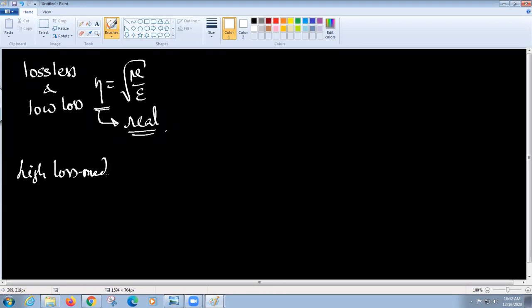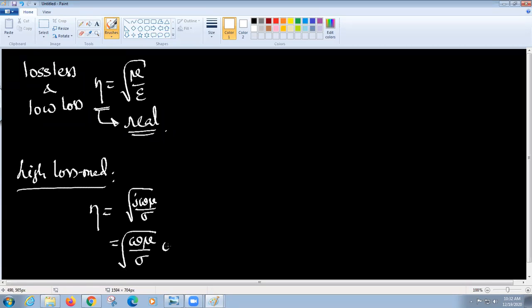In a high loss medium, what is my eta? Root over j omega mu by sigma. That is nothing but root of omega mu by sigma, and I take it as